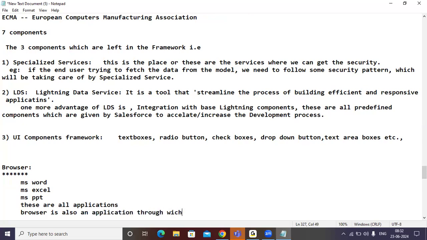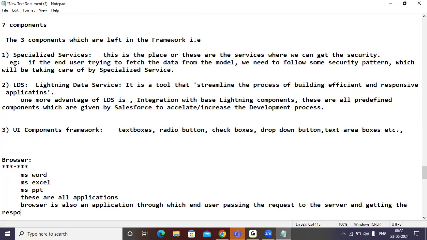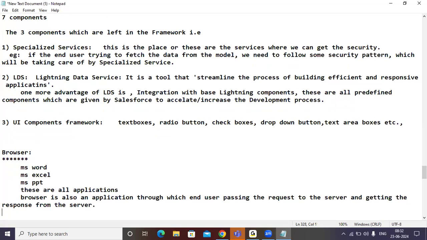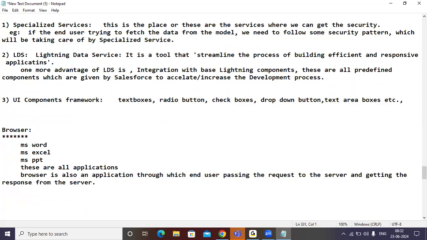Through which the end user passes the request to the server and gets the response from the server. So according to this explanation, what I understand is the browser is an application through which the end user passes the request to the server and also gets the response from the server.